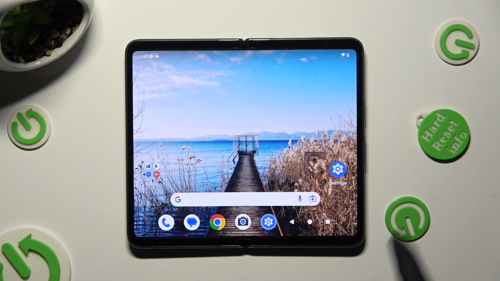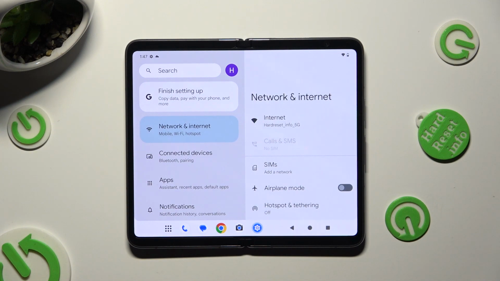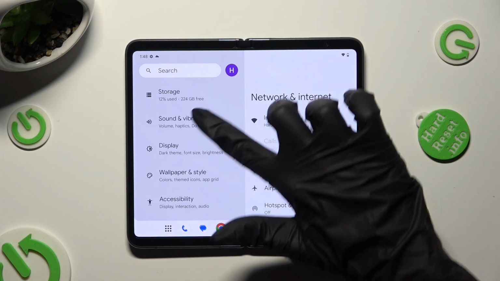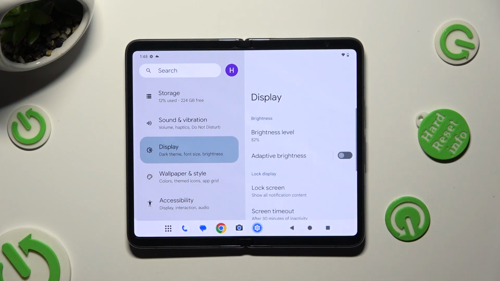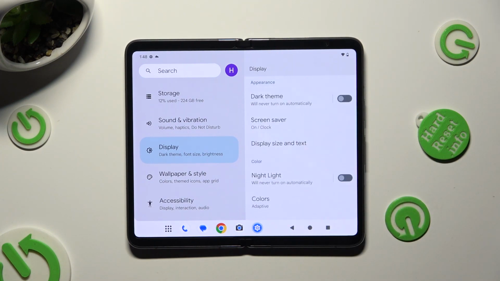Begin by going into Devices Settings. Following that, scroll down just a bit to access Display. Then scroll down again. Click on Display Size and Text,